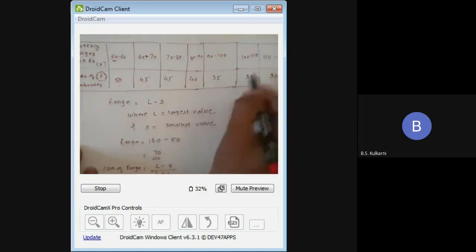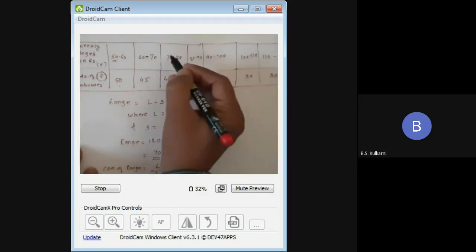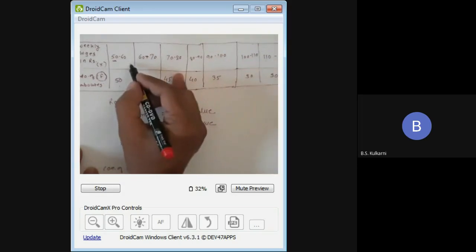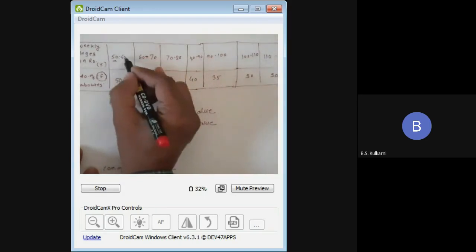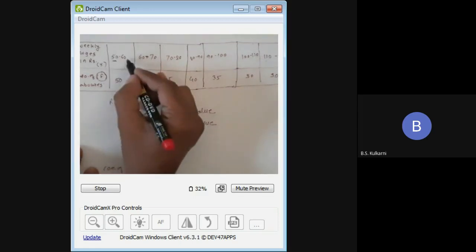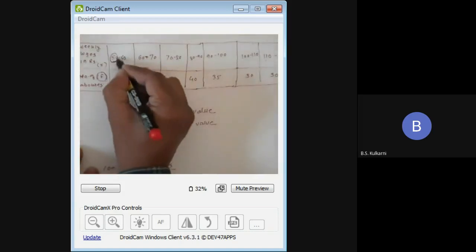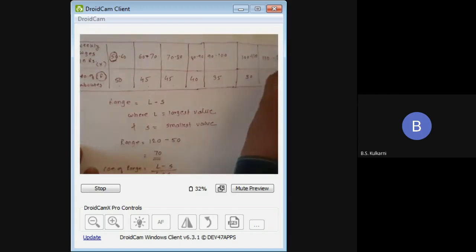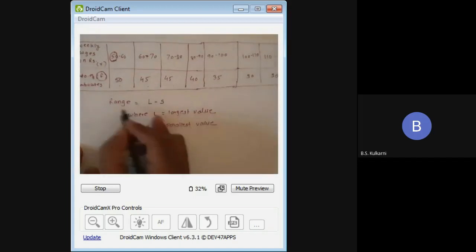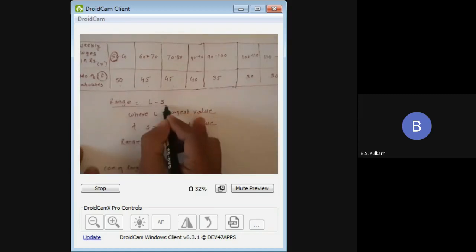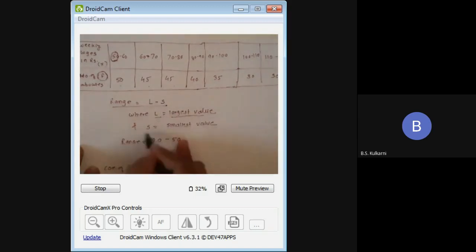Now you have to ignore this frequency and look at only the x values that we have, and find out which is the smallest value among the given classes and which is the largest. As we know, 50 is the smallest one and 120 is the largest one. So we put these two values into the formula: range is equal to L minus S, where L is the largest value and S is the smallest value. So our range is L minus S, that is 120 minus 50 equals 70.